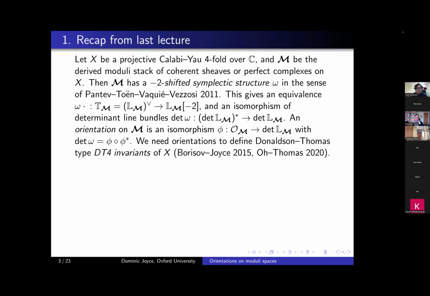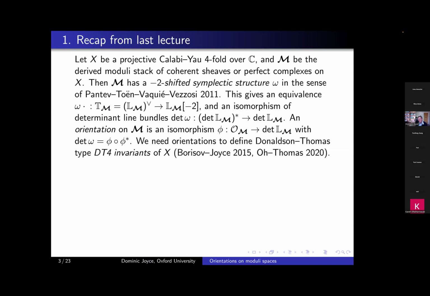Let me recap from the last lecture. If X is a projective Calabi-Yau four-manifold over the complex numbers, and M is the derived moduli stack of coherent sheaves, or perfect complexes on X, then M has a -2 shifted symplectic structure in the sense of PTVV. This gives you an equivalence from the tangent complex to the cotangent complex of M shifted by -2, and an isomorphism of determinant line bundles from the dual of essentially the canonical bundle of your moduli space into the canonical bundle itself. Then we define an orientation on our moduli space to be an isomorphism,